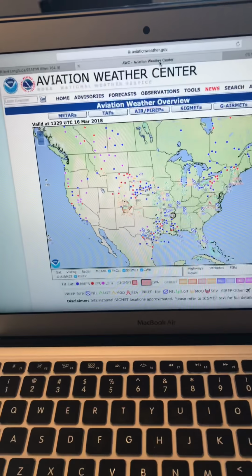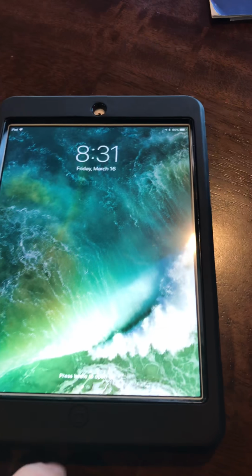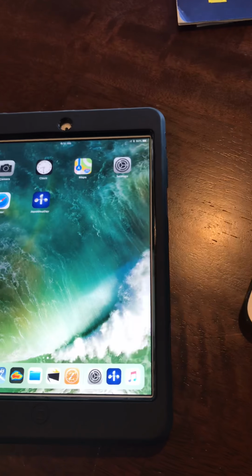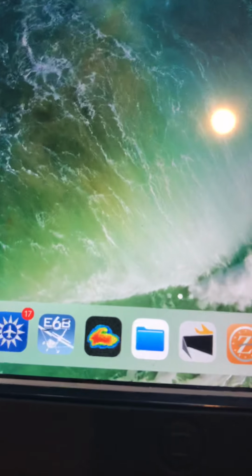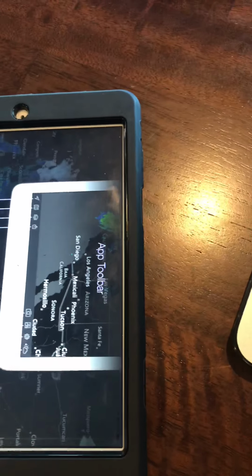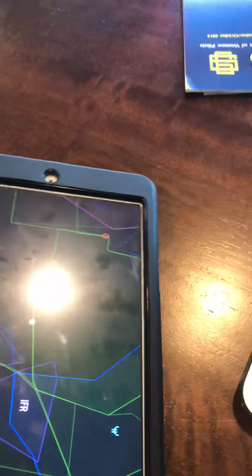So anyway, I'm going to flip this thing around real quick. There's this website that's really cool. Well, I'll walk you through what I check first. So I got my handy dandy iPad. There we go. One of the first things that I check is my radar, a little app right there. Click that. And this is great because it comes up with the radar, but also I can go in there and check